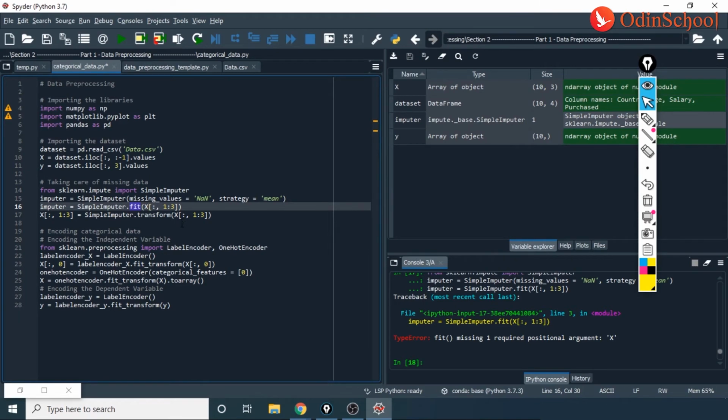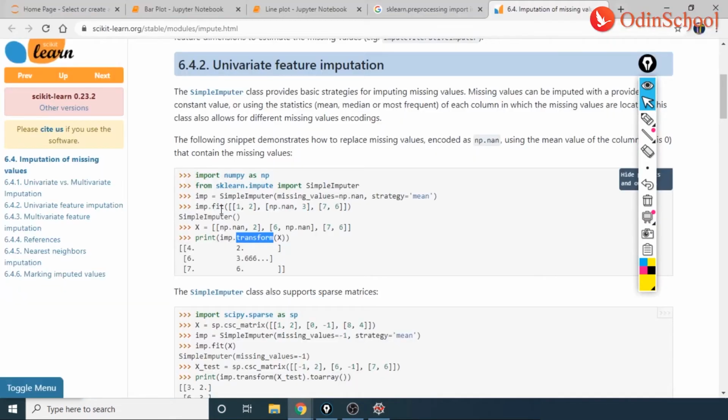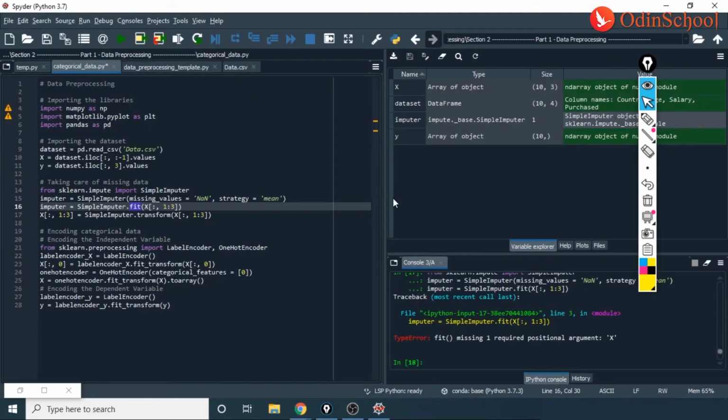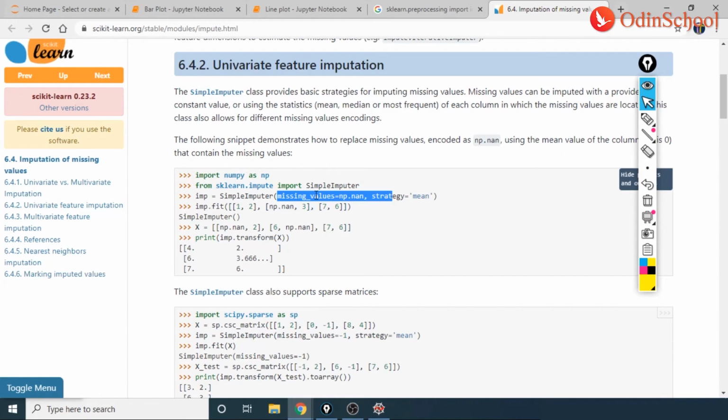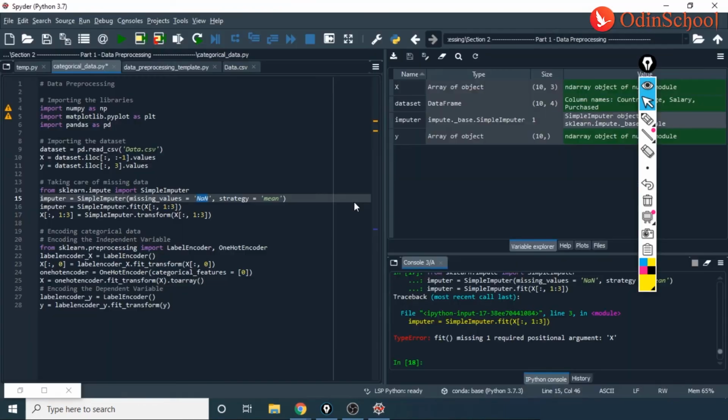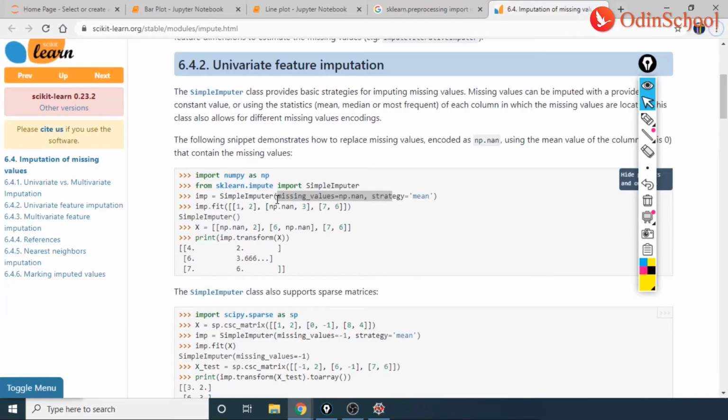That's it. Or else we could probably, instead of, so here what we're doing, guys, I'm using an imputer wherein the missing value strategy is np.nan. But do we have an np.nan? No, we just have a nan. So our missing values would be nan, and then we have the next feature, which is strategy. The strategy being used is mean there and here as well.